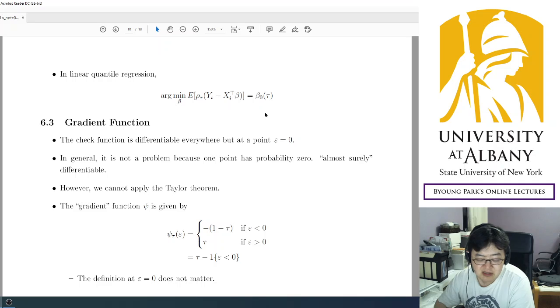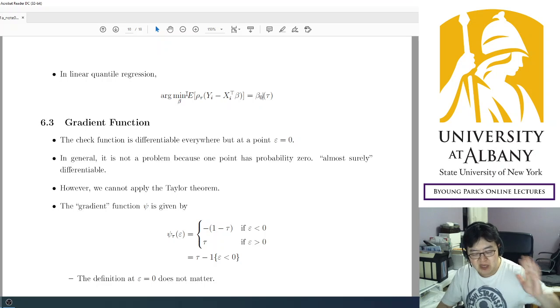So to study the properties of this check function and the following estimator, we will be differentiating the criterion function because it is minimization, and of course we are going to utilize the first order condition. But we know it is